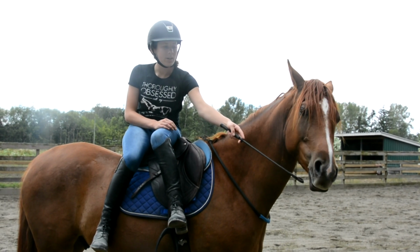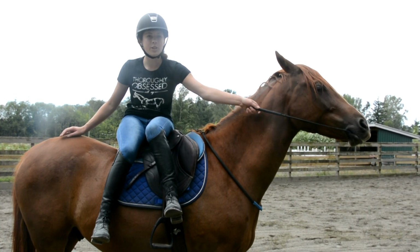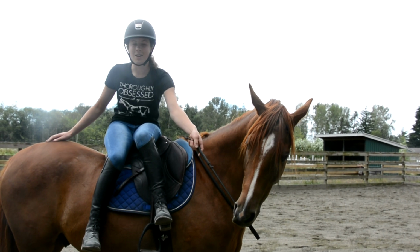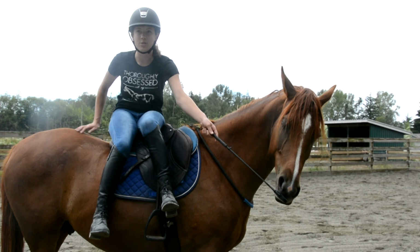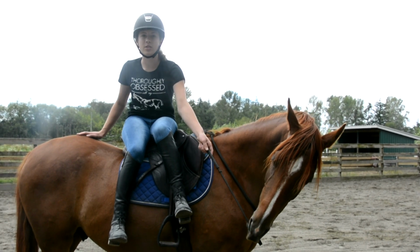So Western riders will probably have a way easier time teaching this because their horses are already trained to neck rein, and especially with reining horses, they're trained to respond off the seat pretty well, so you'll probably have an easier time doing this than with English riders because we're taught to ride with contact constantly, and then we learn to rely on the contact. So giving it up can be scary, and it can also be hard for the horse to not kind of